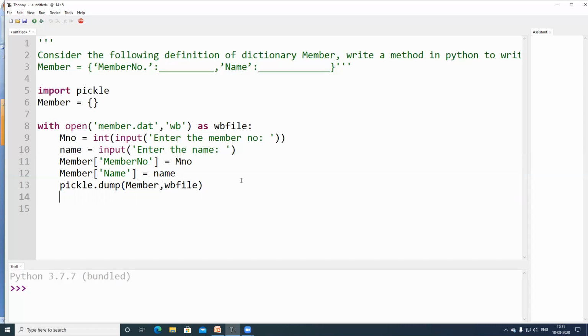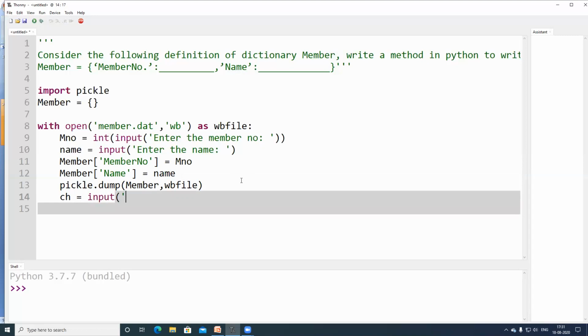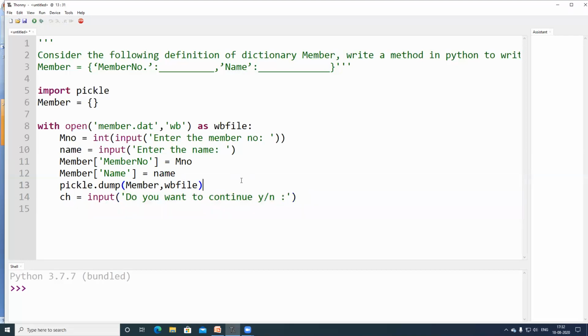Now we are trying to get an input from the user. Input, do you want to continue? I'm asking the user whether you want to continue. I am giving ch equal to y.